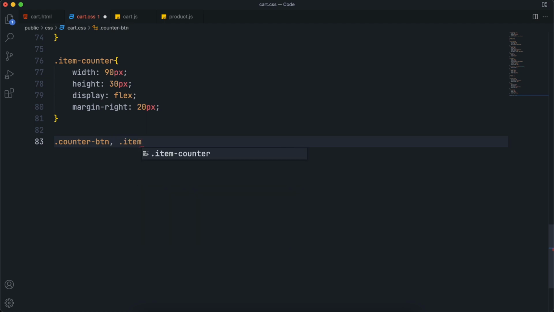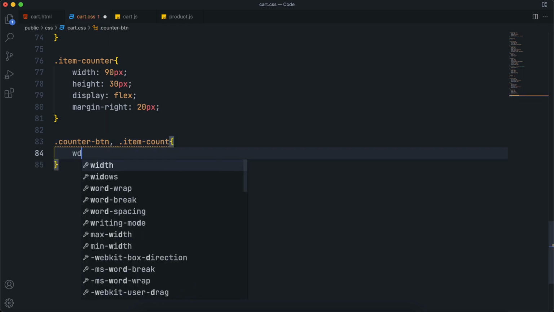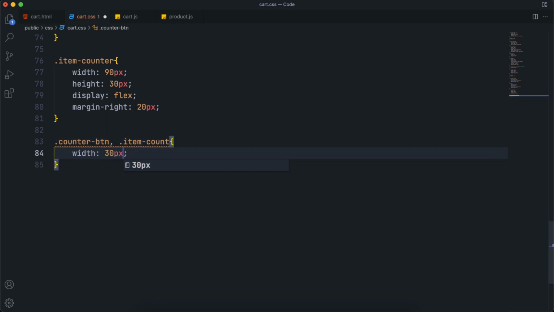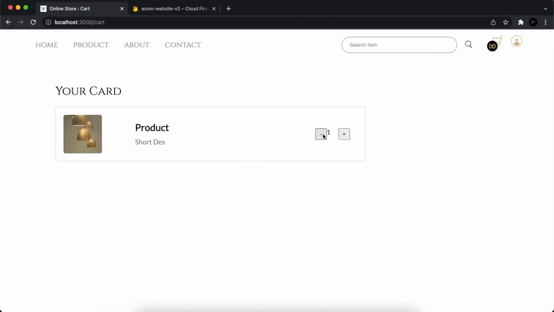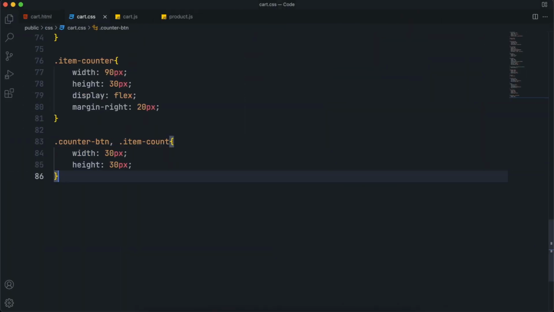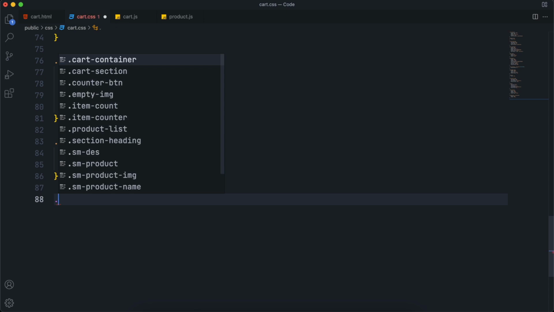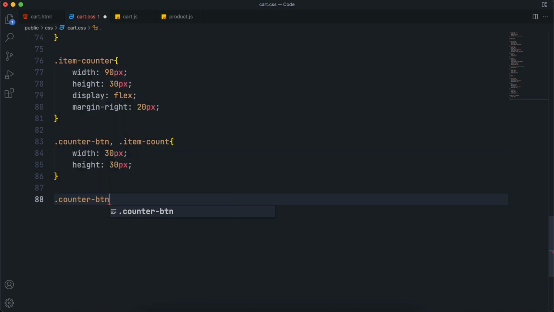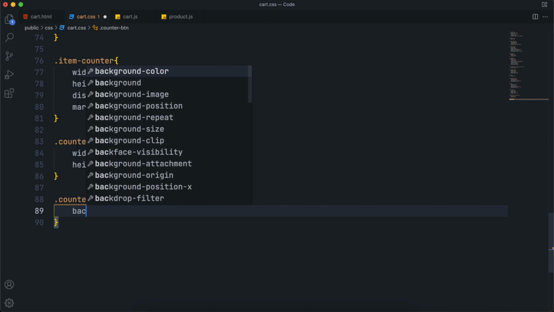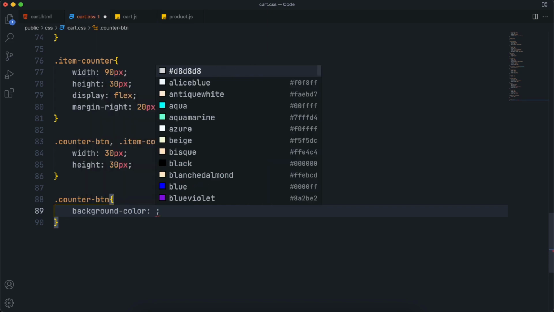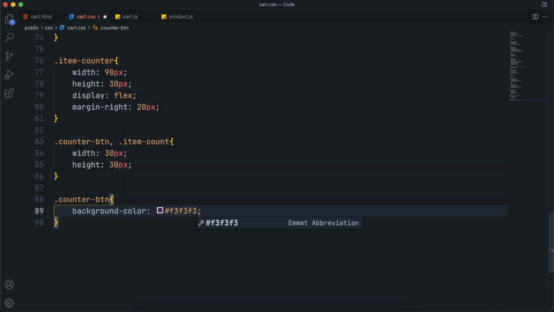And select the item counter element also, item count, and just set their width to 30 pixels and height to 30 pixels respectively, because we don't want them to have the same width and height. Now just select the counter BTN and give its background this color. This is a light grayish color.